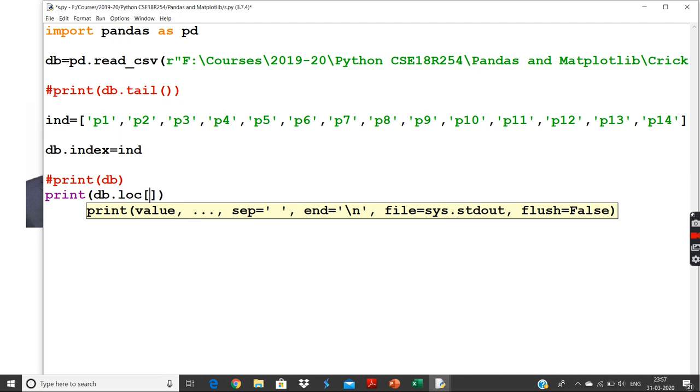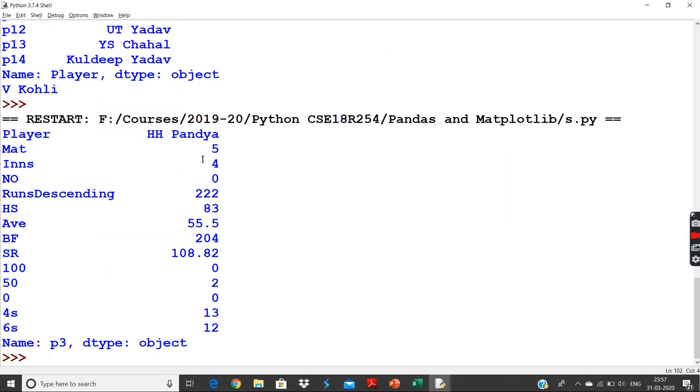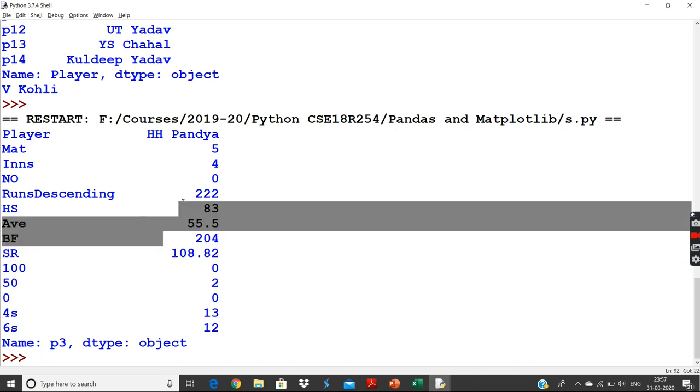So I can access them as db.loc of p3. So what is p3? Actually 0, 1, 2, the second row in my data: the 0th row, first row, second row. The second row in my data will be printed by accessing p3. p3 is actually the name I gave for my data set by using index. So my third player is p3, Pandya, and his whole details will be described as the data